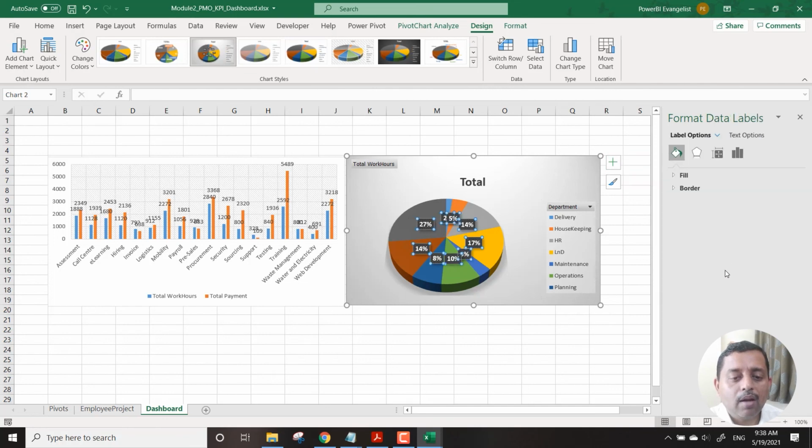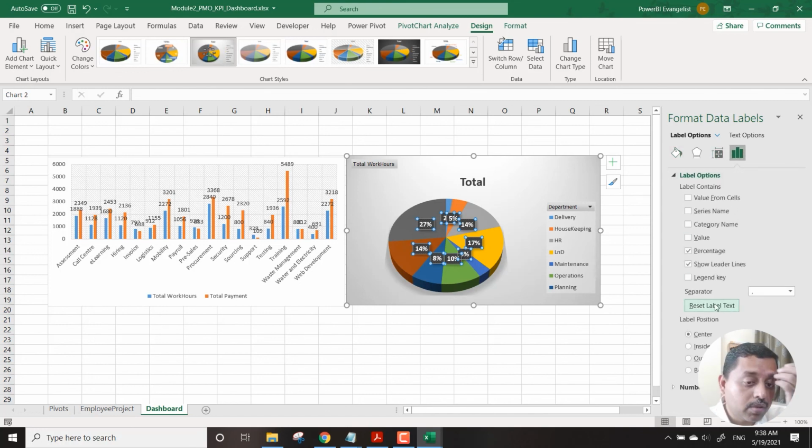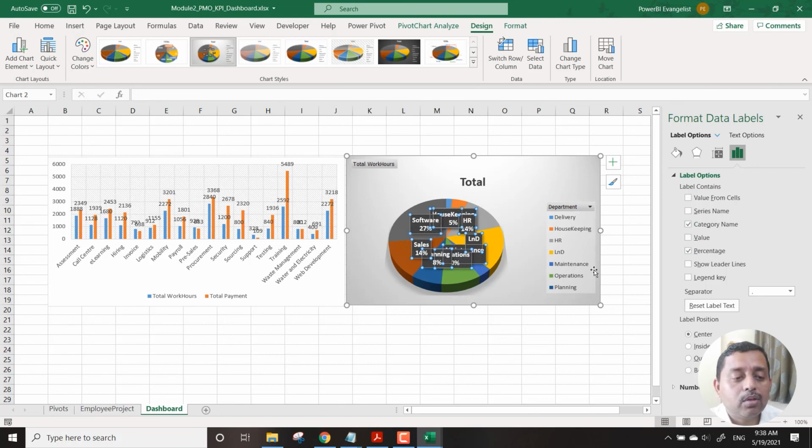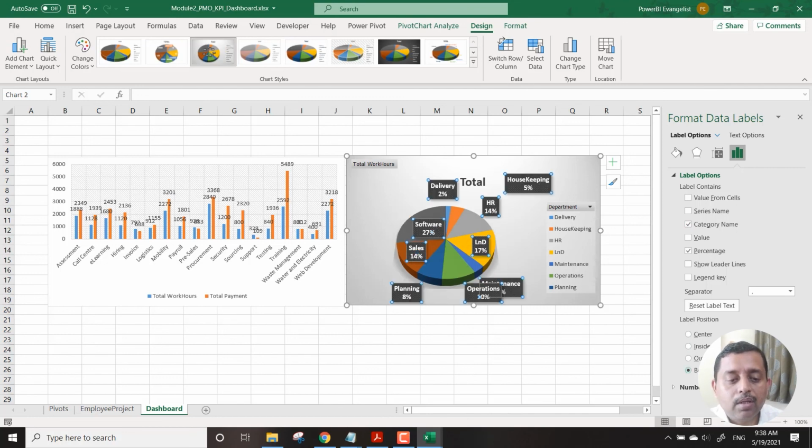Right, so we have more options where we can see what kind of data label options come. So instead of show leader lines, we can just have the percentage and the category name also. So we have the category name and best fit, something like this.